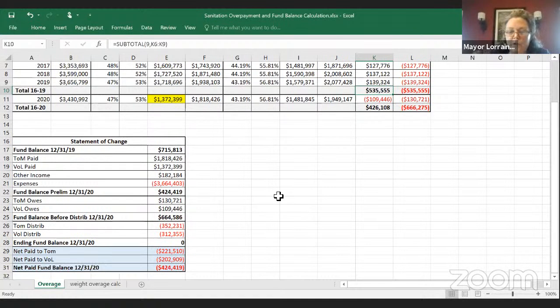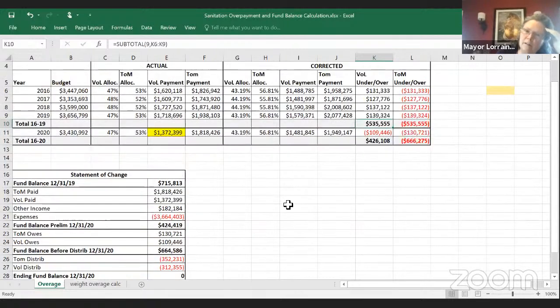So maybe I'll send it to you, and then I would have sent it, but I finished working on this at like 10 o'clock last night. So